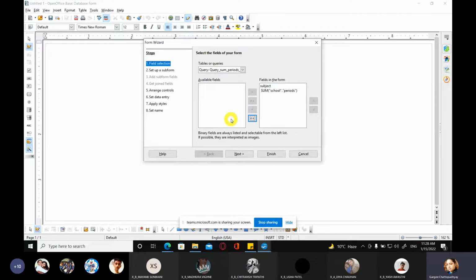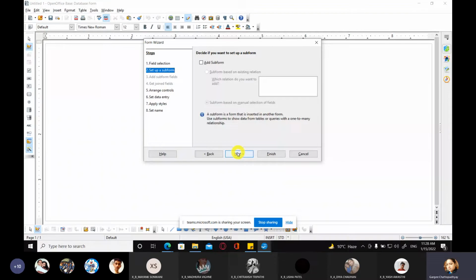Because some of the fields, like the second one, that is sum, is a calculated field. This field has been created from the existing field in the table. So if you make any changes here, that will not be updated in the table. So you have to be a bit cautious about this.